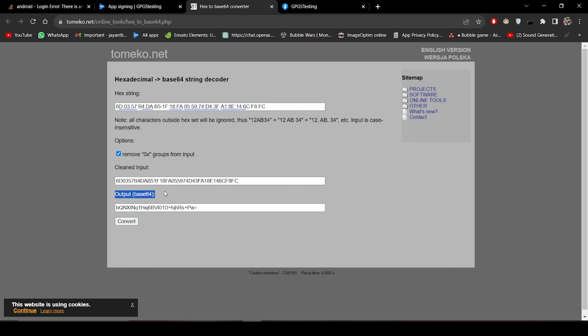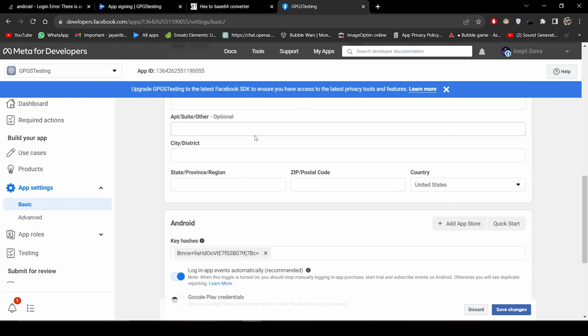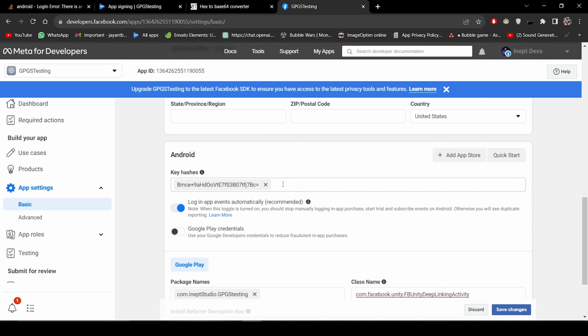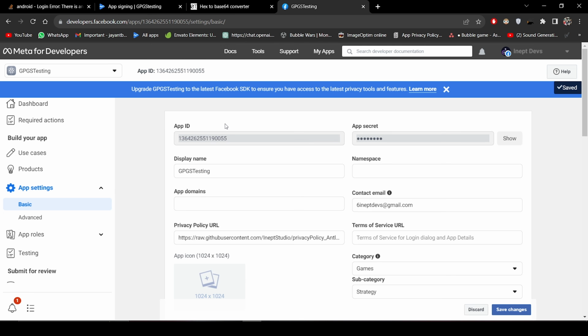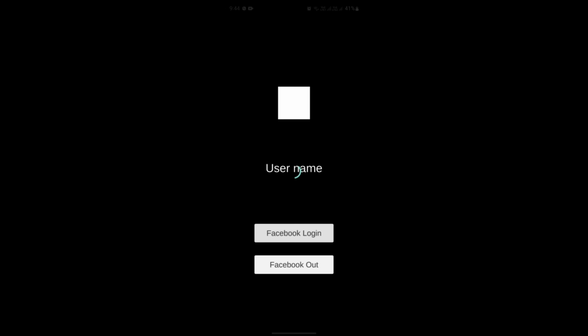Now copy this output and paste it inside your Facebook dashboard under the basic settings right here, and click on Save Changes. Now upload your game into the Google Play console under the internal testing and then try to run your game. Now this time if we press the Facebook login,